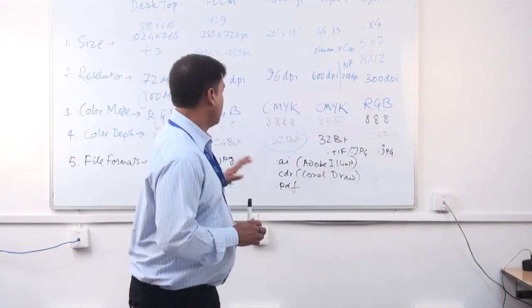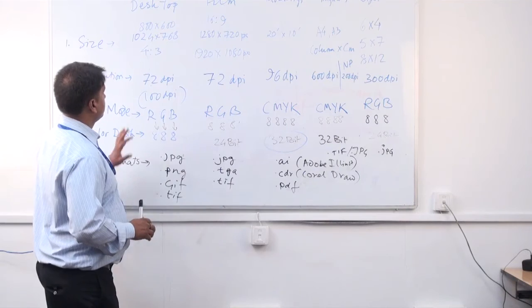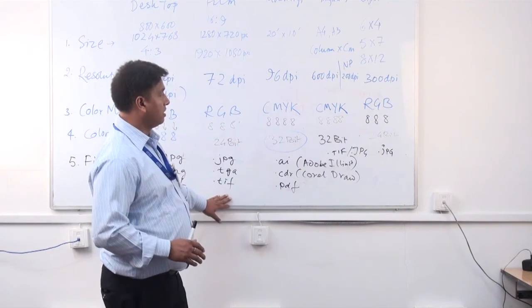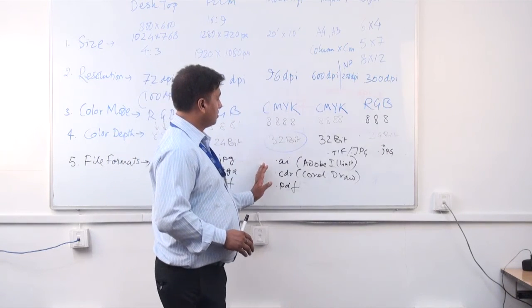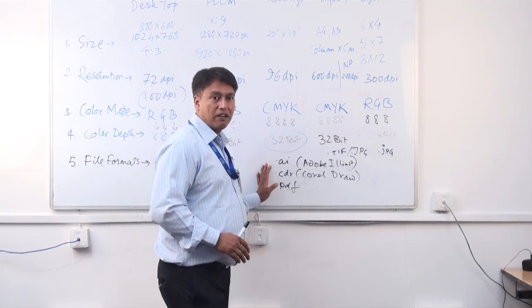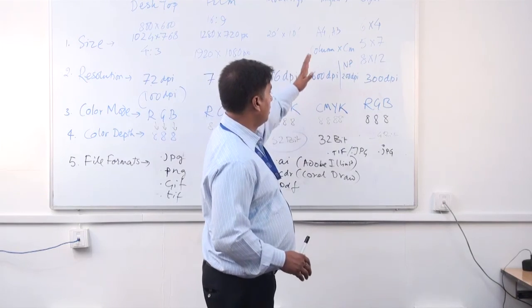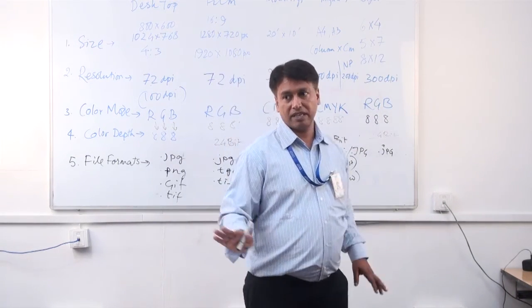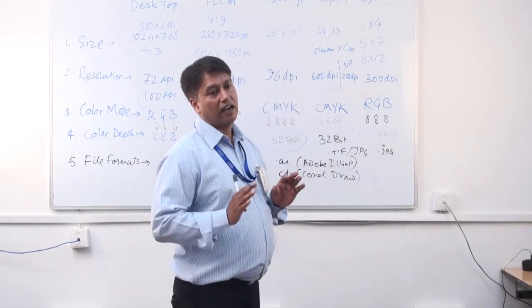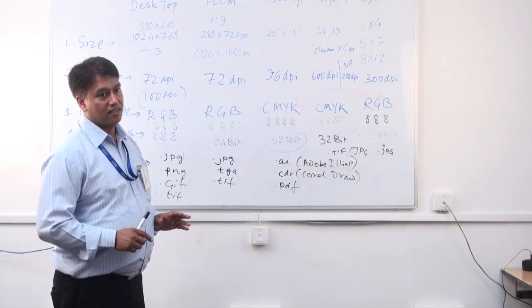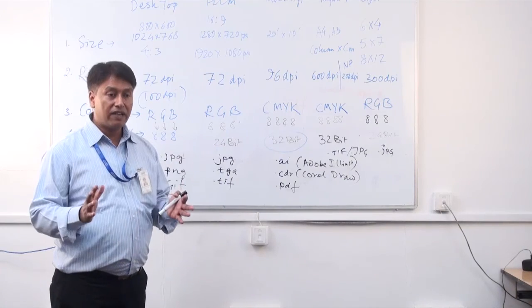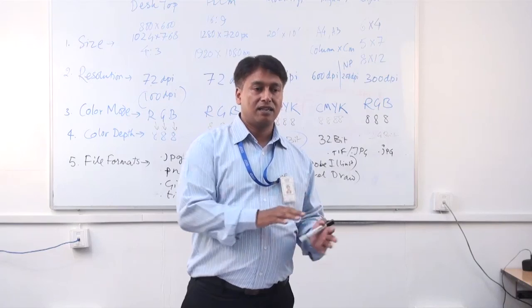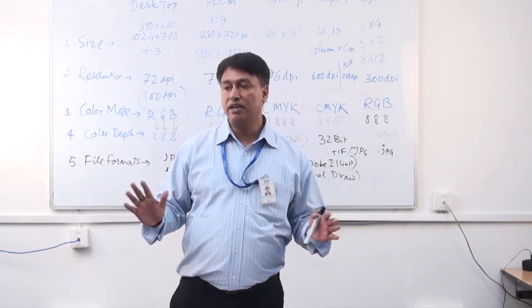So coming back to the file formats. For desktop, these are the file formats. For films, JPEG, TIFF or TGA. For holdings, these are the file formats. These are the software. And for magazine, either TIFF or JPEG. And for digital lab, only JPEG. So this is the file optimization technique. You create a graphic with optimized file size and best quality also.